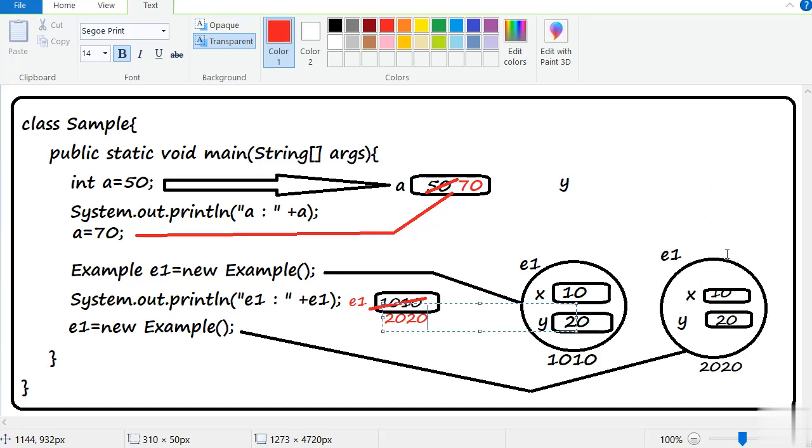So this is the conclusion about primitive and referenced variables with modified values. Next we will discuss about